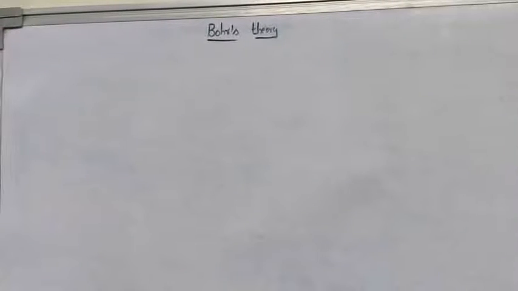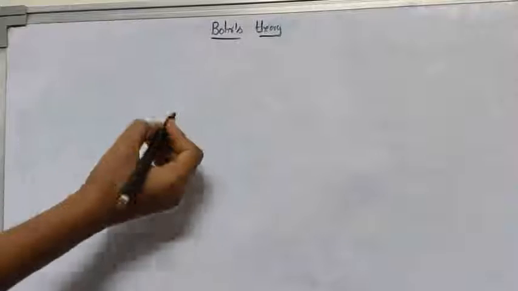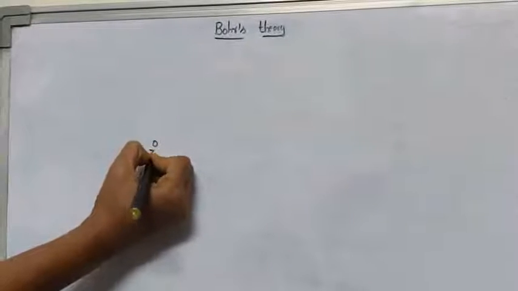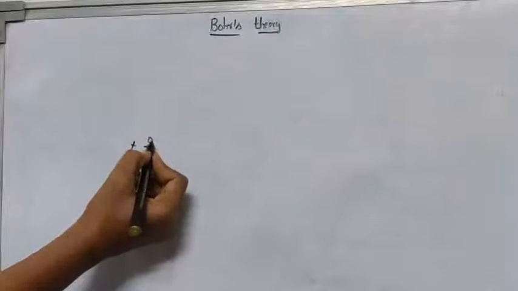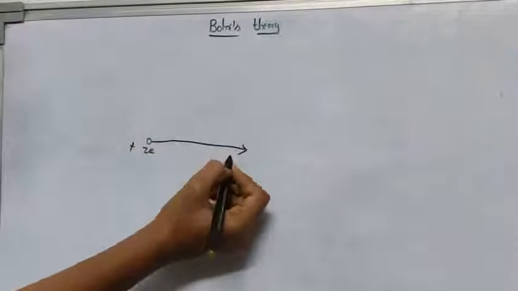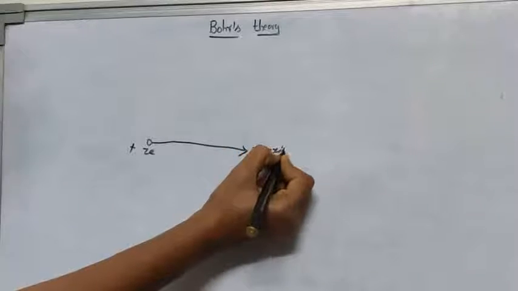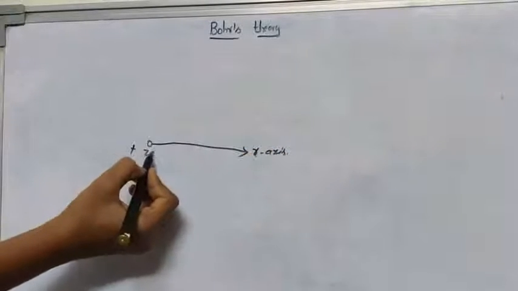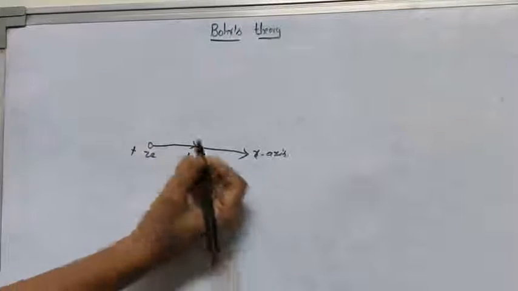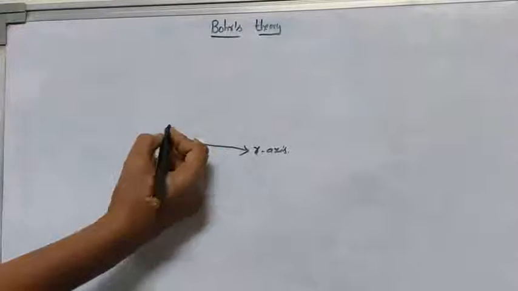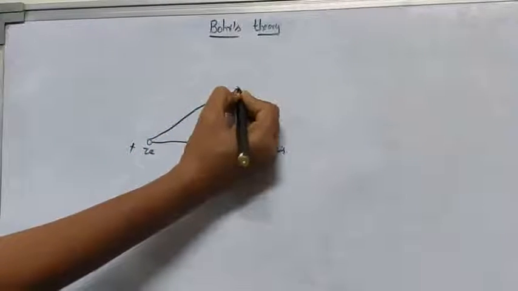In Bohr's theory, we have considered the phenomena of transfer of energy from a moving charged particle to the electron of the surrounding medium. That means we have considered a charged particle which is represented with Ze. Assume this charged particle is moving along the x-axis with some velocity v. While moving, it is going to share energy to the electron which is present